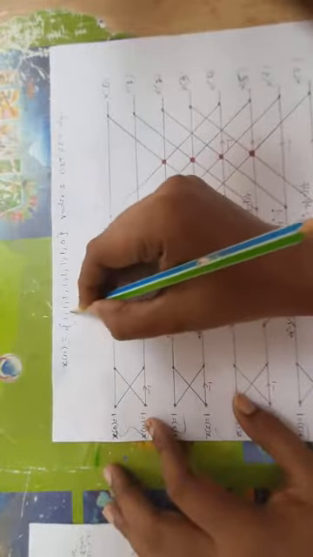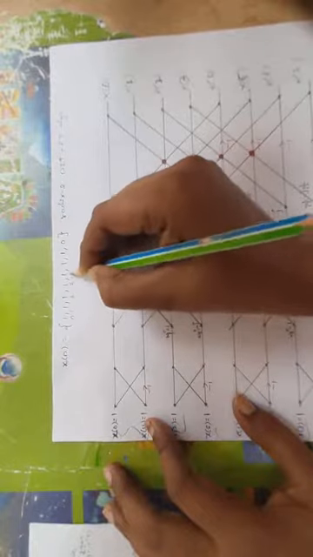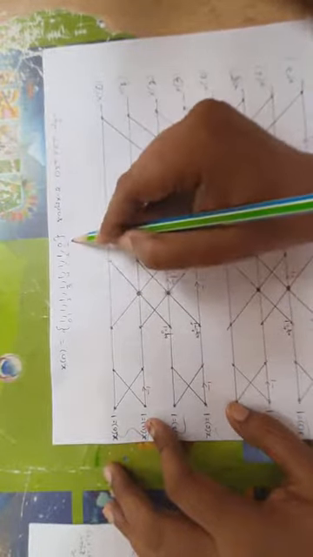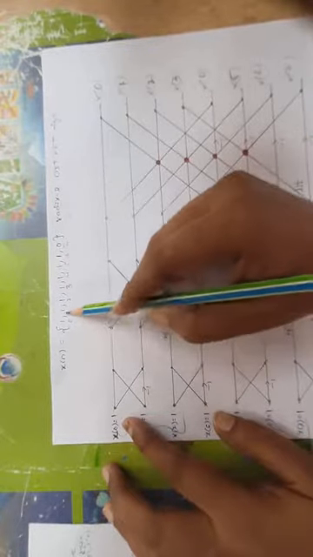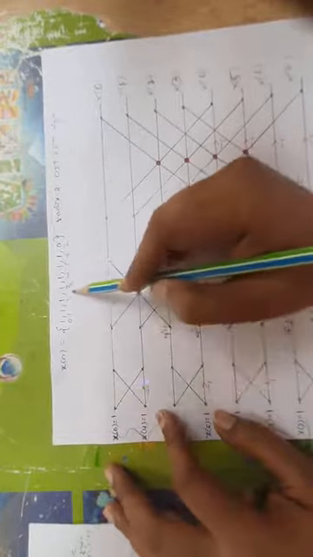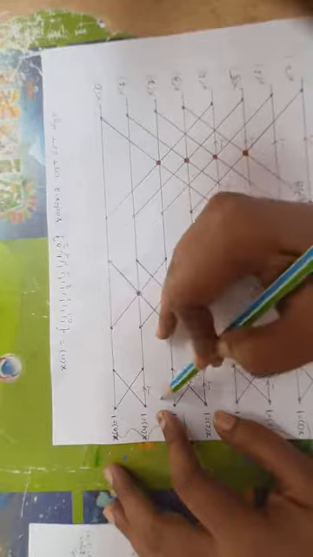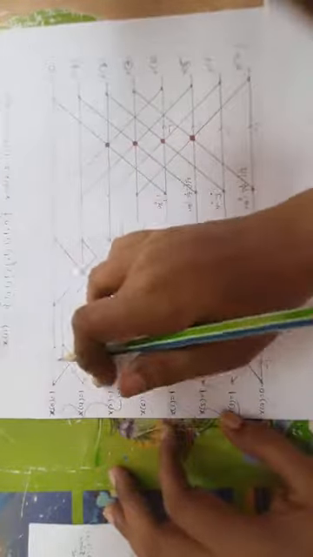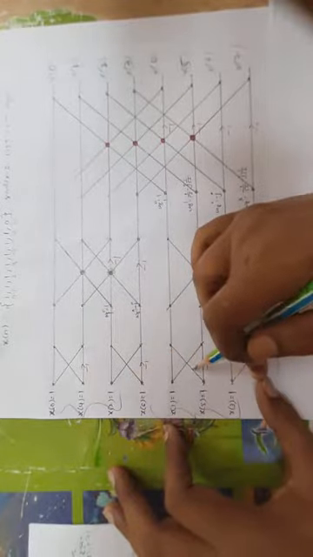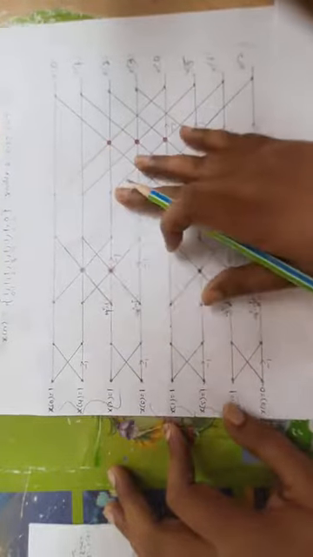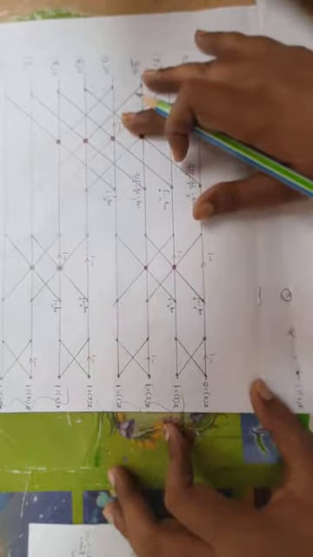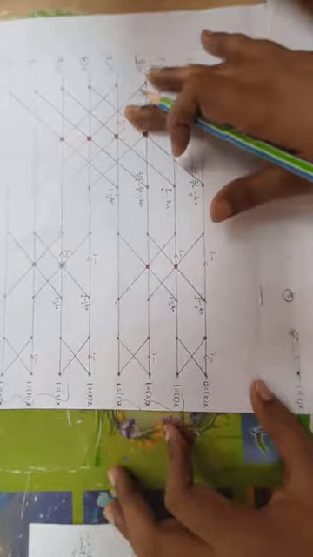The given values are 0, 1, 2, 3, 4, 5, 6, 7. So x of 0, what is the answer? 1. Next, x of 4, what is the value? 1. The given values we have to note down in this representation. Then this is the first stage representation, and now we have to observe.